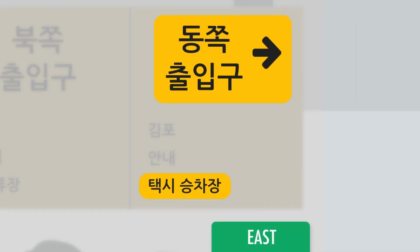You should take the east exit in order to get to the taxi rank. 동쪽 출입구,